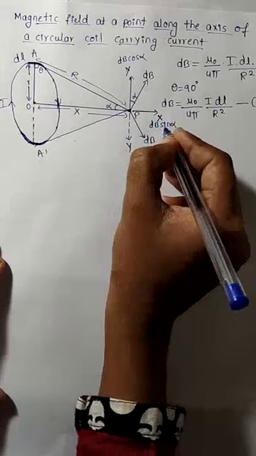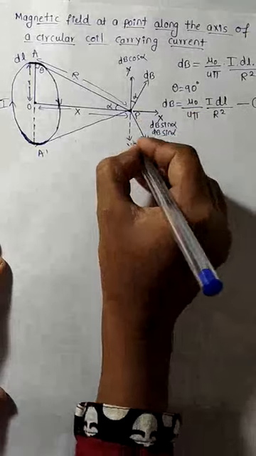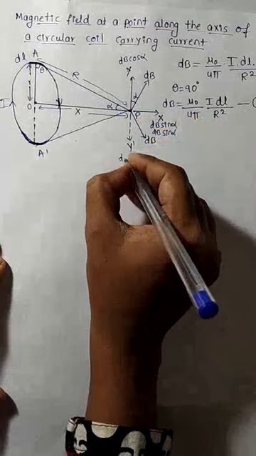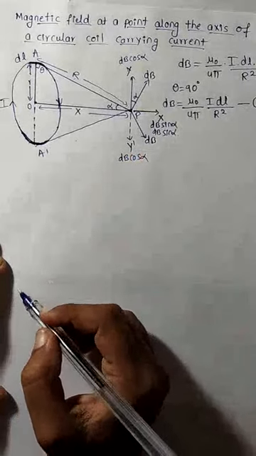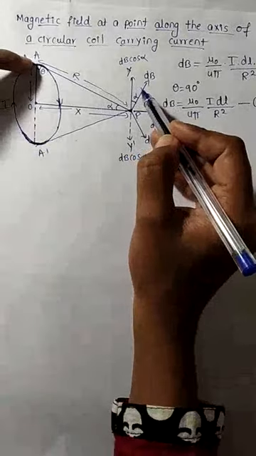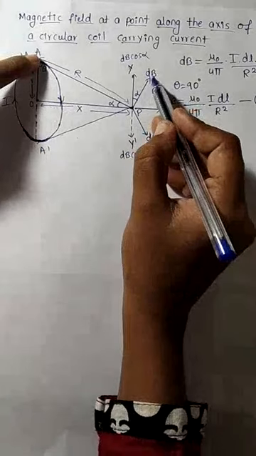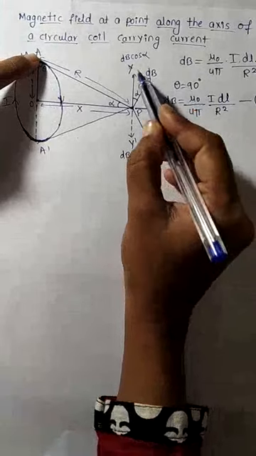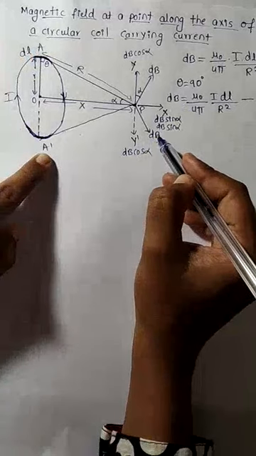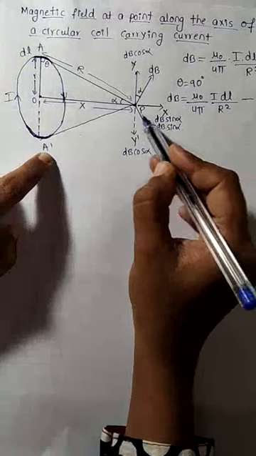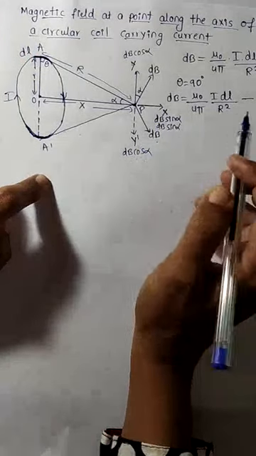So along the x axis, what will be the value? It is nothing but dB sin alpha only, isn't it? And along the PY dash direction, its value becomes what? dB cos alpha. So like that we resolve the two magnetic fields here. The one magnetic field due to A and another magnetic field due to what? A dash. So due to A, the magnetic field resolution is dB sin alpha and dB cos alpha, and due to A dash, the magnetic field resolution is again dB sin alpha along the same direction, that is PX, and in the PY direction it is dB cos alpha.